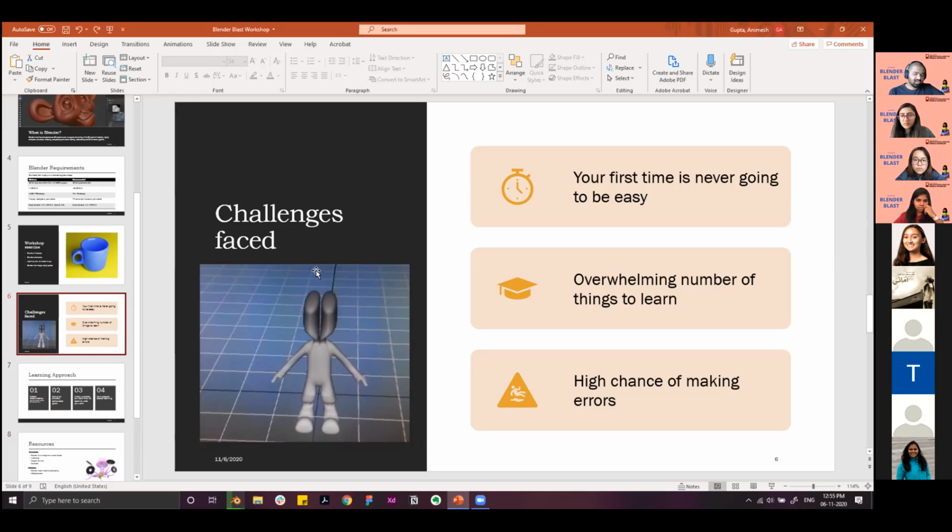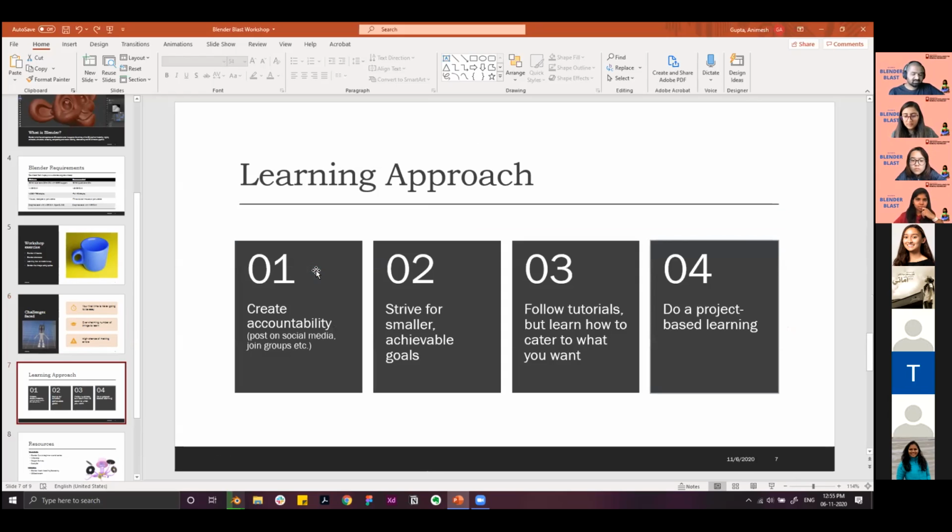But there are so many things to learn. The UI can get overwhelming, and there's a high chance of making errors. The solution I offer is to take a learning approach. Firstly, start off with smaller achievable goals.